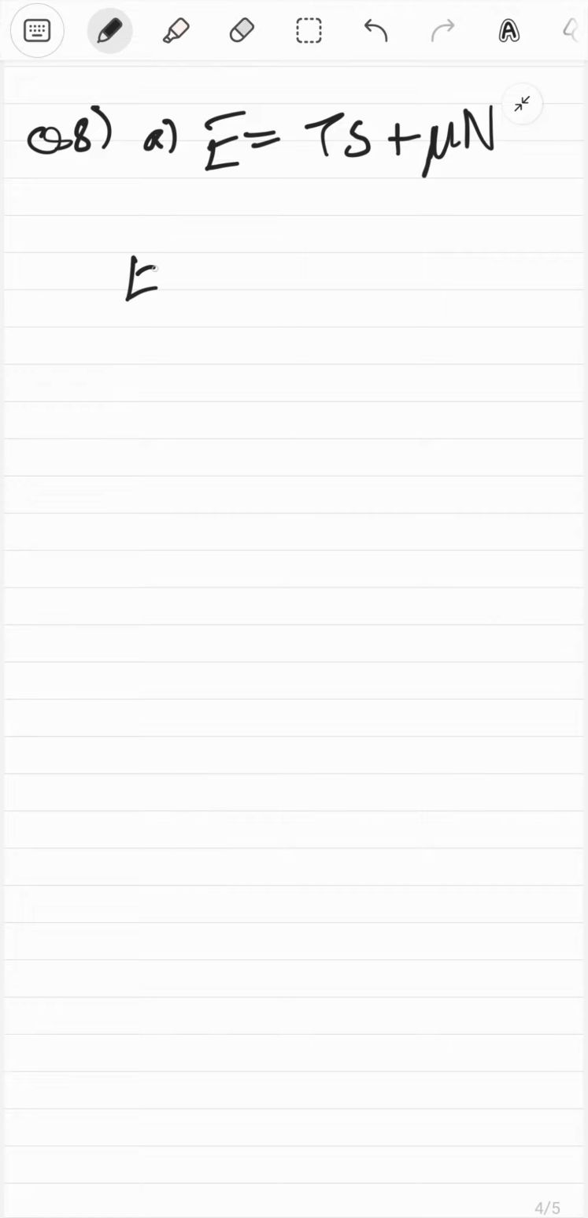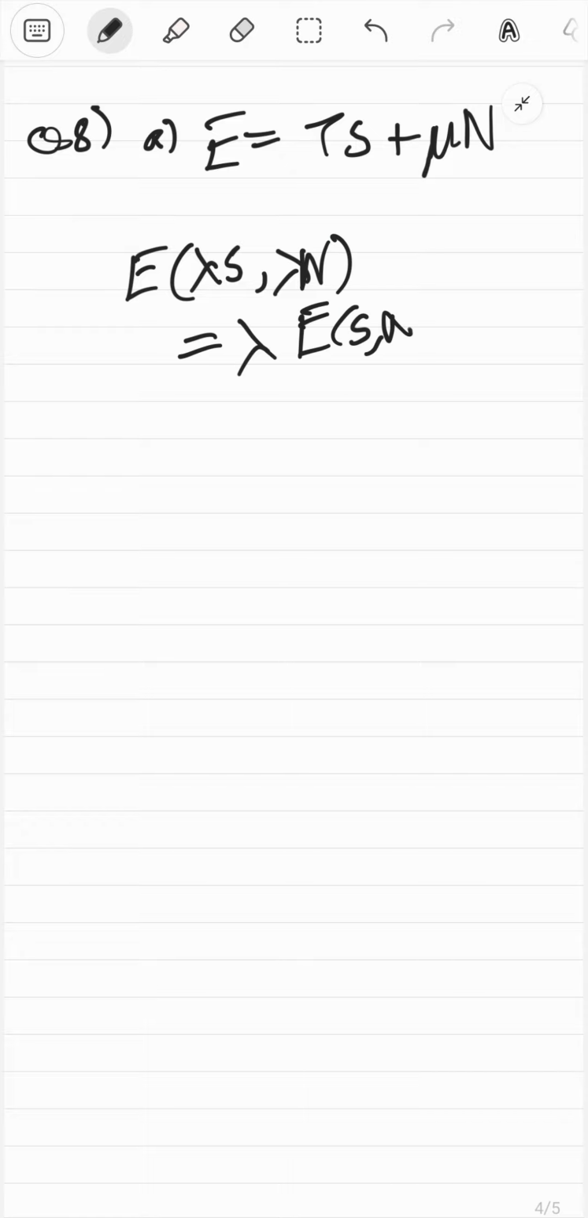Okay, just think about it. We have this equation, right? E of lambda S, lambda N should just be lambda E of S and N. So differentiating this, dE over d lambda is equal to, so we always know, using the chain rule, this can be given as